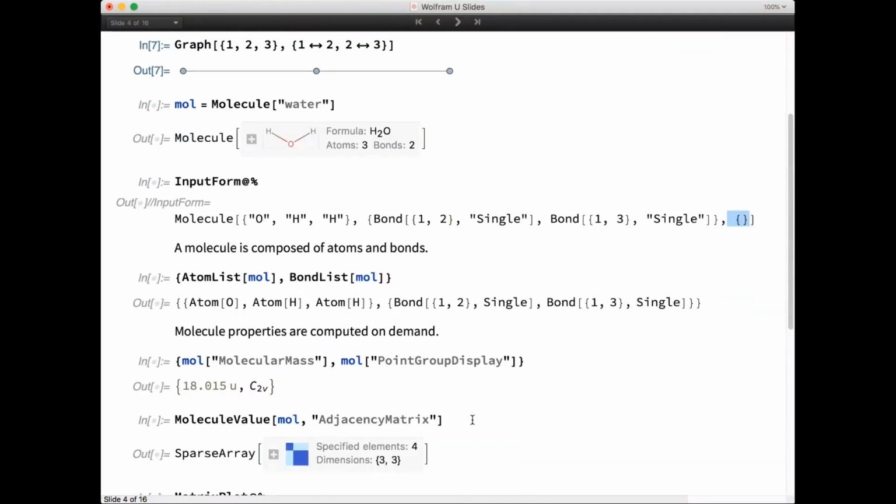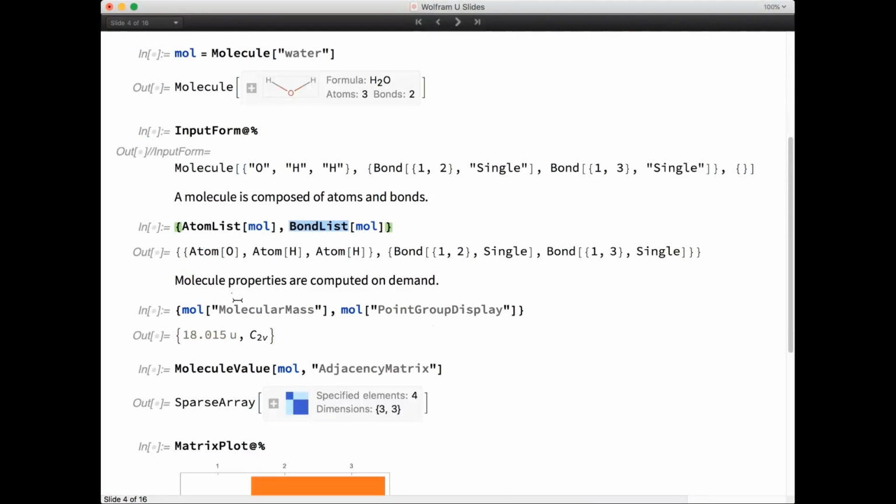So you can query for the atom list and the bond list using the functions atom list and bond list. And you can get the various properties by first assigning. So here we say mole equals molecule of water. Let me go ahead and evaluate that. And after that, mole is now no longer in blue, so it's an assigned symbol, and it's actually assigned